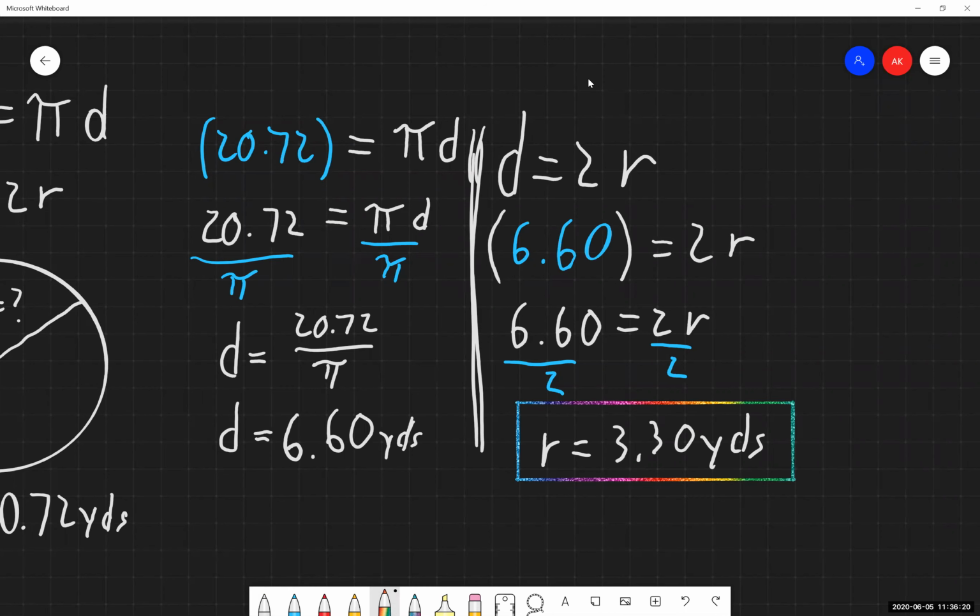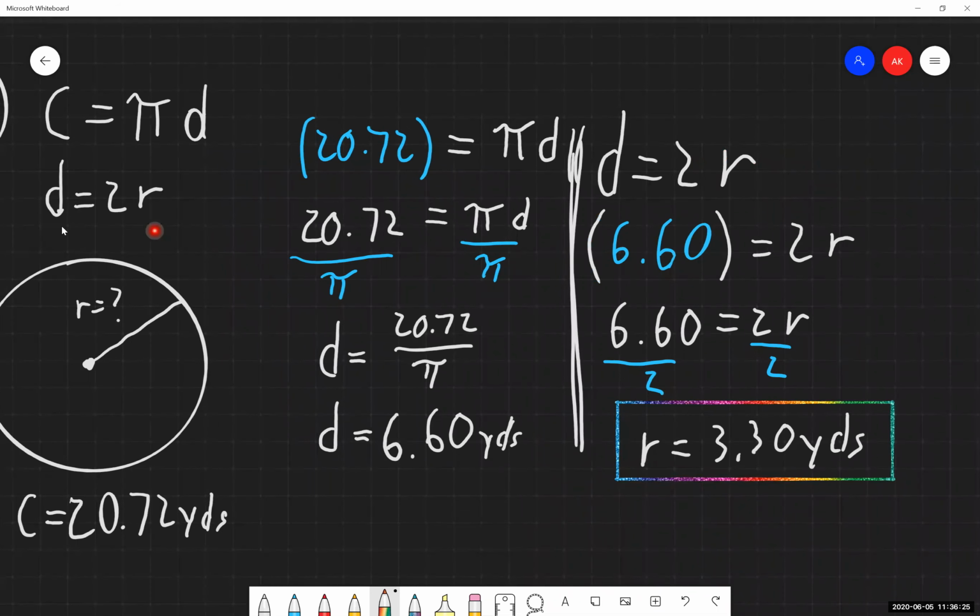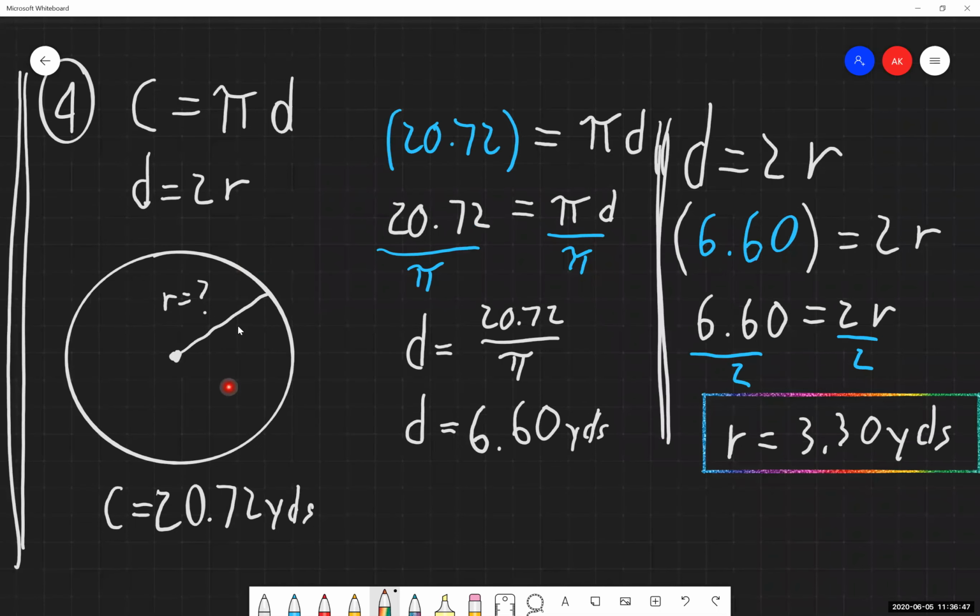So be ready for having to go back and forth between our diameter and our radius equation, depending on what information we have been given. Again, write out your original equation that you're working with. I think a silly little picture is really nice to have as a visual. You don't need to do that, but I tend to find that people who draw these pictures for themselves tend to score a little bit higher on the homework and on the tests. It's not guaranteed, but it does help, I think.